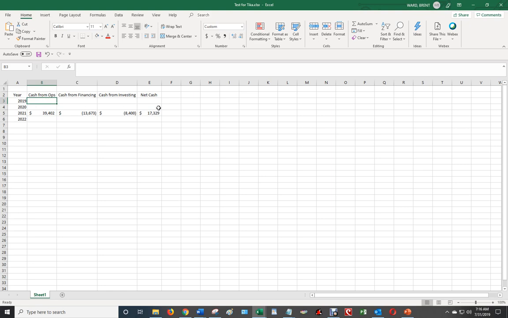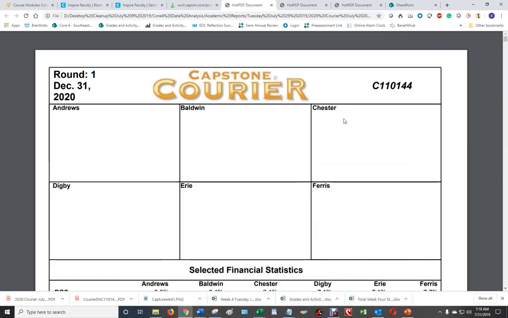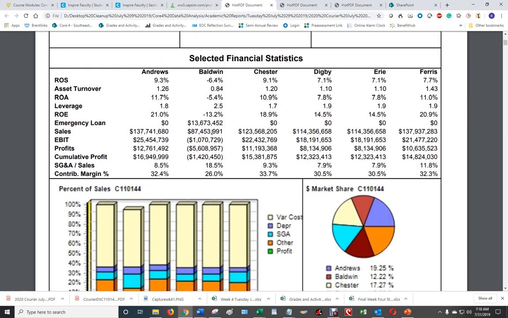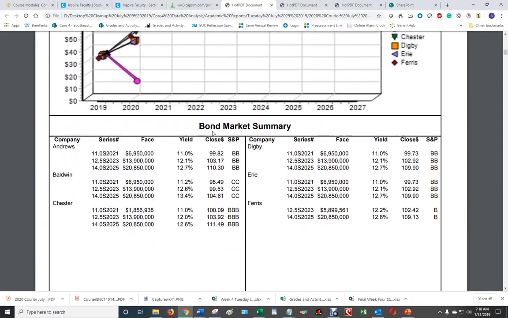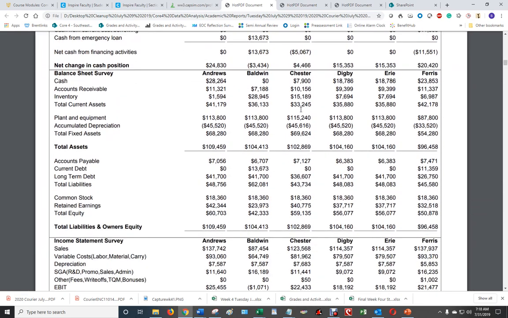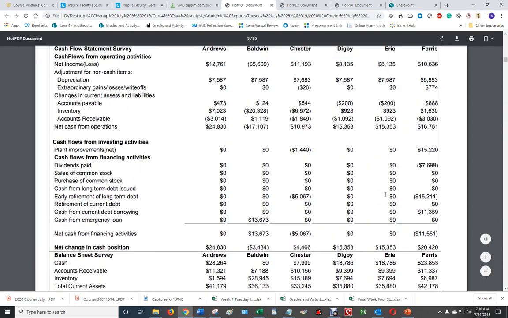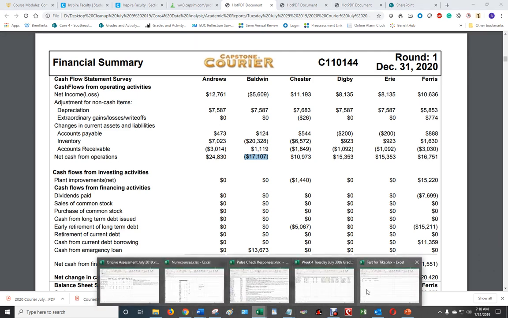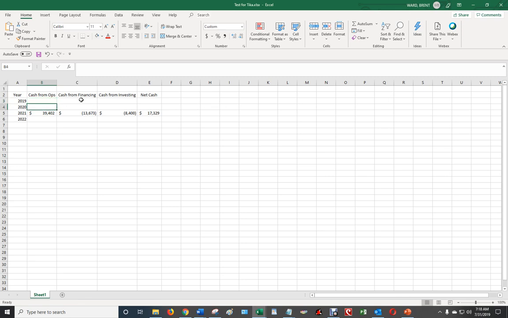So I'm going to go now into 2019. Let me pause the video until I get it up. Okay, so now I have 2020 up. See this right here? So what I'm going to do is continue with Baldwin's results from their financial statement. This is on page 3 right here, I have to find their cash flow statement values. So net cash from operations was negative 17,107. So I need to go here to negative 17,107, and then I need to pull off their financing figure,